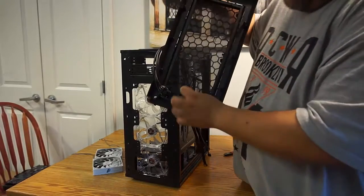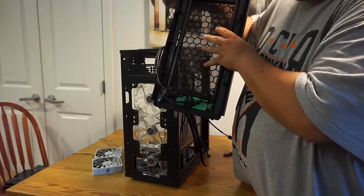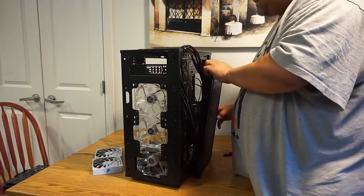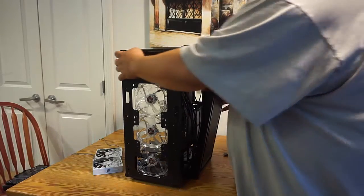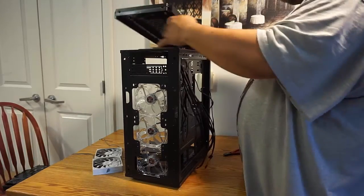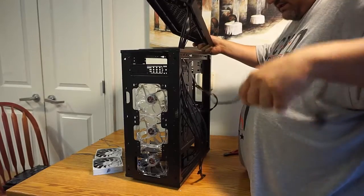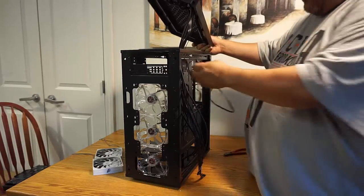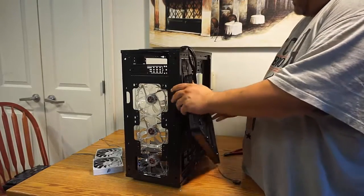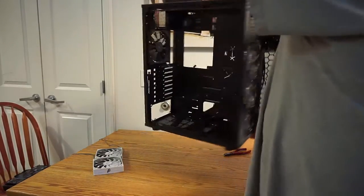And now you can see right here, this screw, if you loosen this screw, it'll pull out the screen so you can clean the screen. We actually don't need that part because we're just adding fans. We just need the top. So we'll try to make this as easy as we can. I might just pull most of this out if I can. But I don't think I'm going to be able to do that. So we might just set it like this,